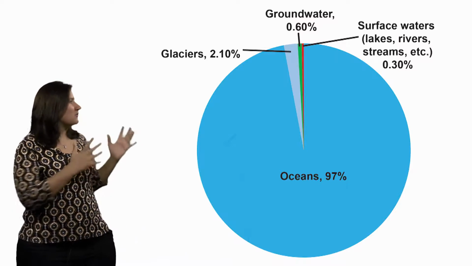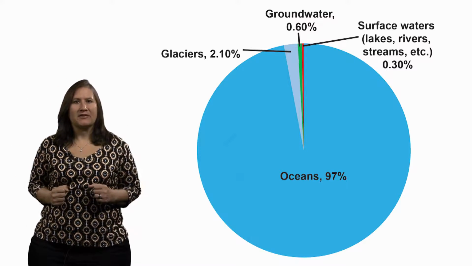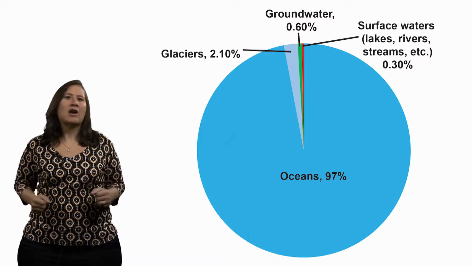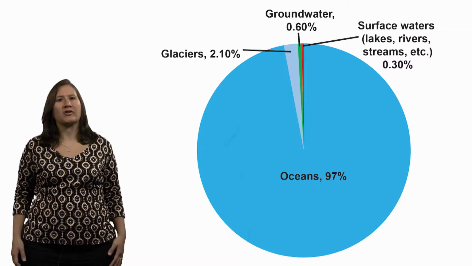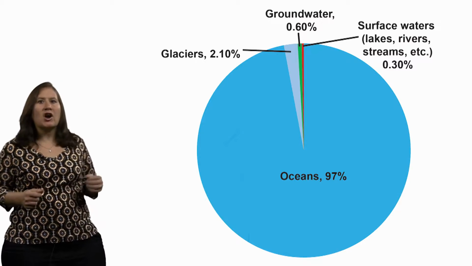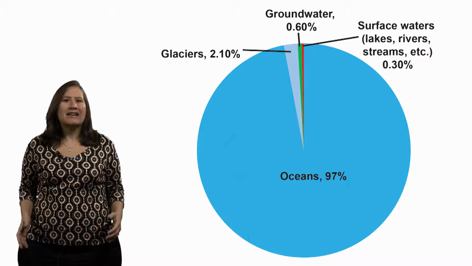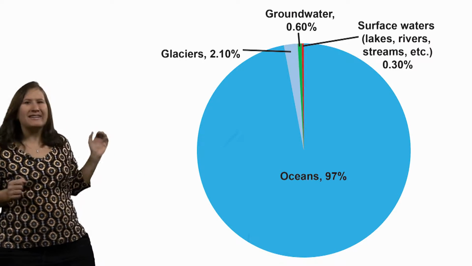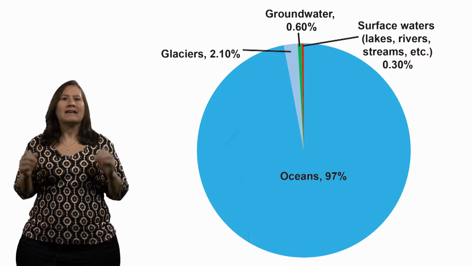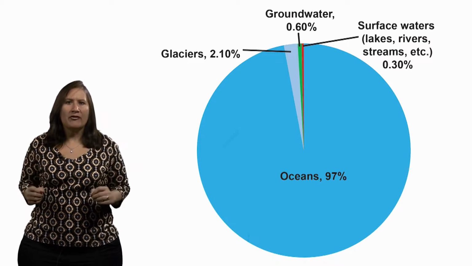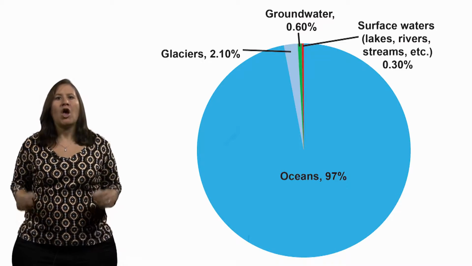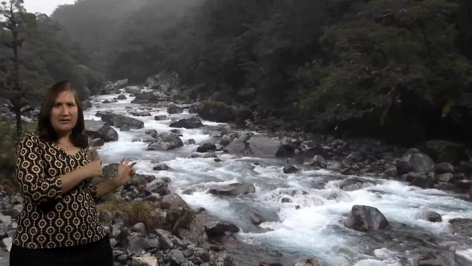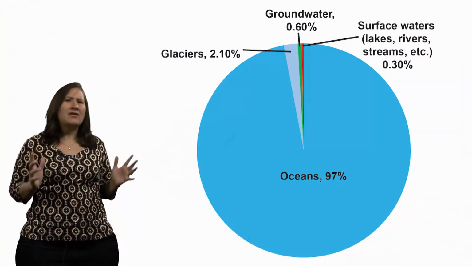Now let's look at the different reservoirs of water of the hydrologic cycle. The oceans are by far the largest reservoir, containing approximately 90% of all water on Earth. Glaciers and ice sheets are the next largest reservoir, containing approximately 2% of all the water on Earth. Now, groundwater is the third largest water resource, containing approximately 0.5% of all the water on Earth. Freshwater lakes, saline lakes, rivers and streams, like the one you see behind me, make up a very small percentage